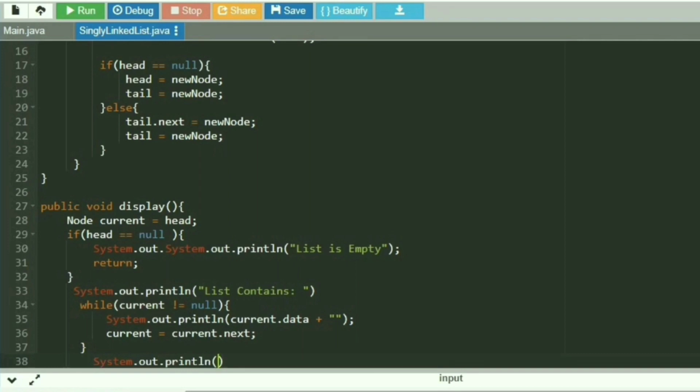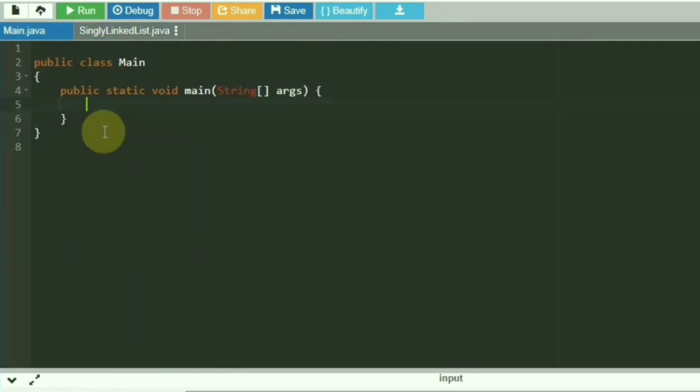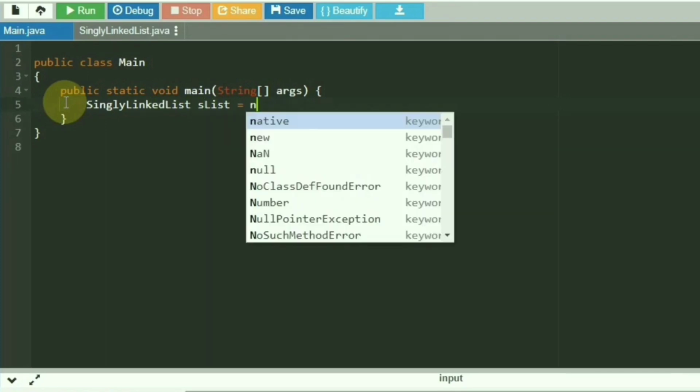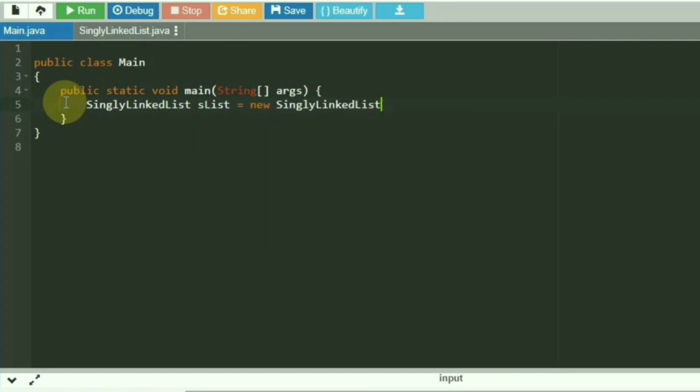So before printing, in Main.java, first you need to add something in your list. So let's make an object of SinglyLinkedList. Let's call it slist is equal to new.